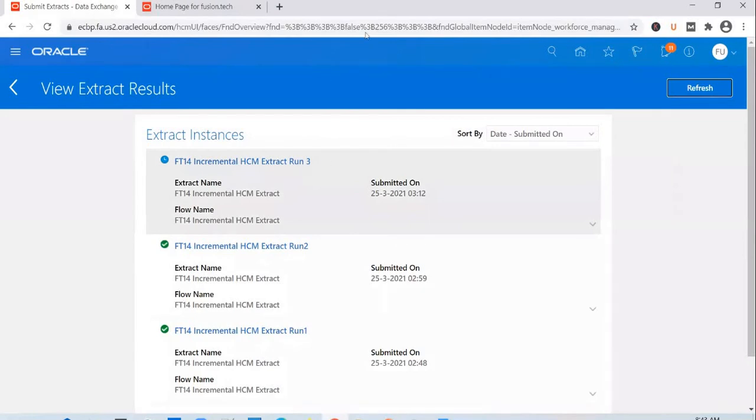And this is another benefit of using HCM extracts, Nagarjuna. You asked what's the difference between this one and a BIP report, right? If you have to make a BIP report work in an incremental way, you will have to design the query in such a way.